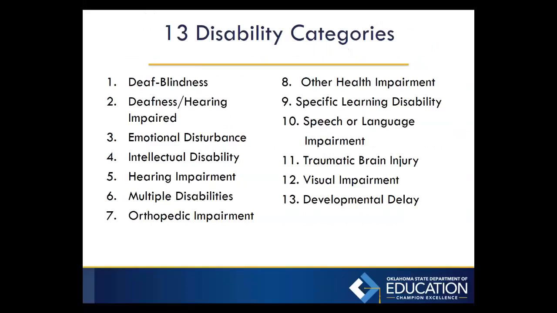The other thing we have, and will have to be placed on the MEEGS, is we have to have with that MEEGS a suspected disability. And the reason we do that is because in the state of Oklahoma, we don't have a weight specific to developmental delay. The weight that you receive your funding on is tied directly to what your suspected disability is.